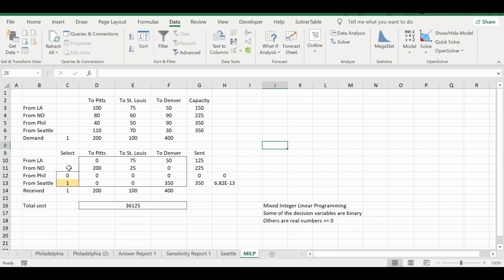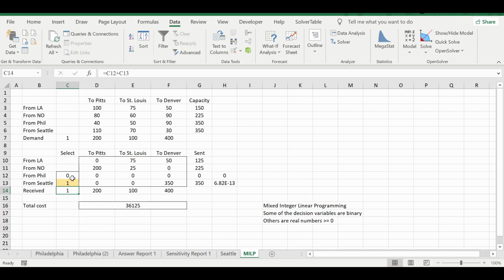In this case, I have defined two binary integers for the selection of Philadelphia or Seattle. I'm not going to discuss this problem here. This is a little bit complicated and I have not covered this until now. I just want to mention that these are two binary decision variables. Rest all are non-binary. Therefore it is a mixed integer linear programming.